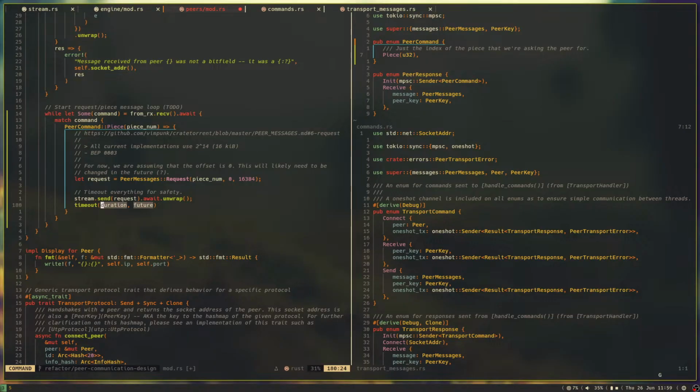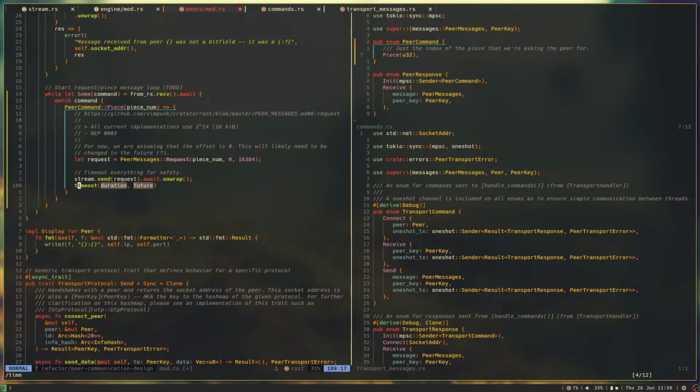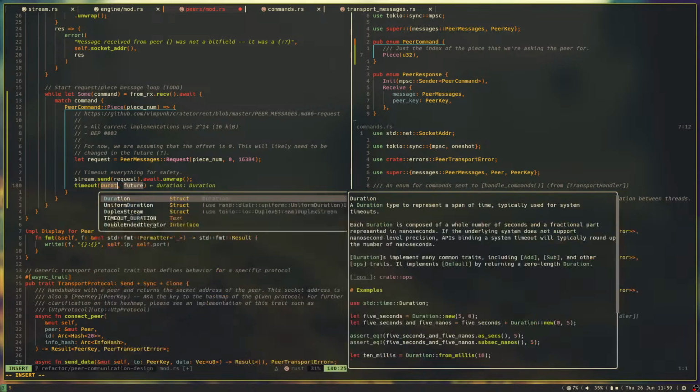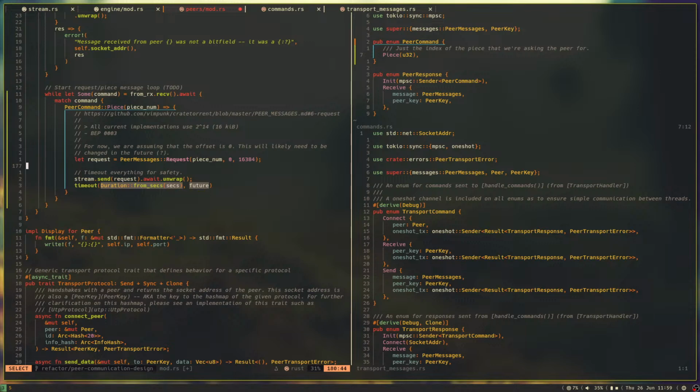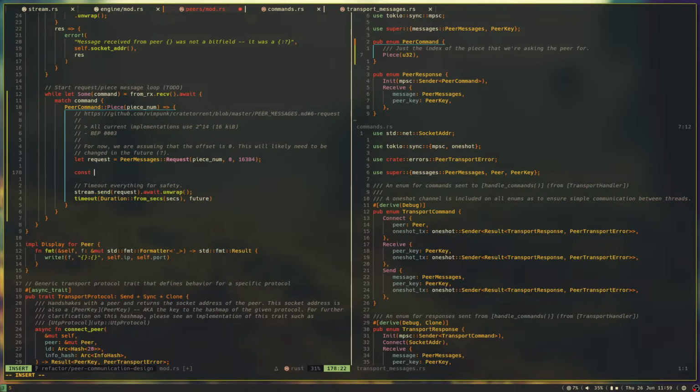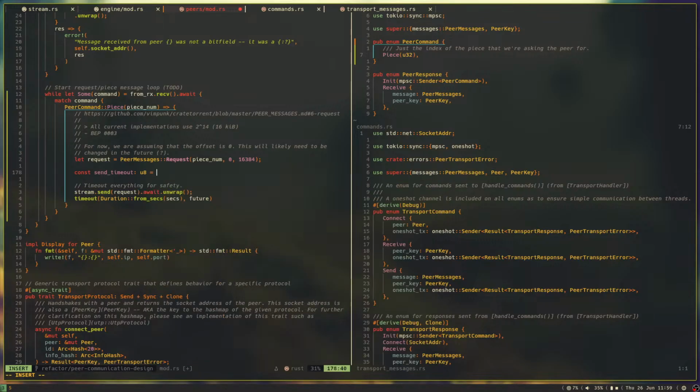Okay, you know what, now I'm wondering if I didn't actually, no, it did. Okay, cool. Timeout Duration from_secs, and let's just make this a constant. So let's just do const SEND_TIMEOUT. Let's be really fancy about this. Is equal to